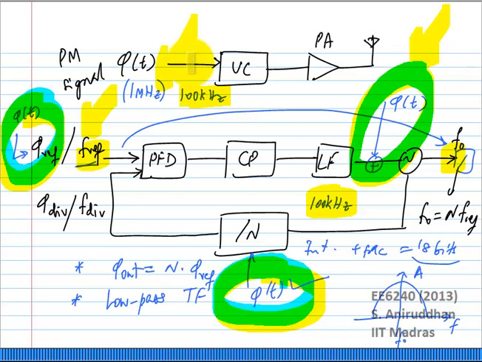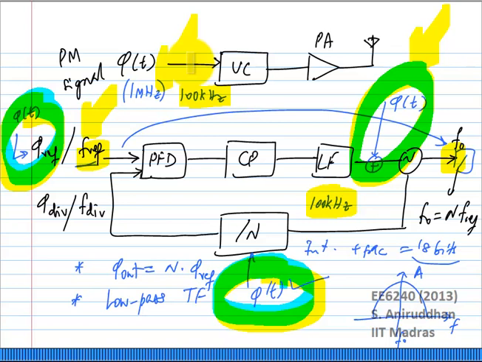Obviously, people have realized that sending data only in the phase of the signal is not good enough. You are really wasting the amplitude of the signal. Spectrum is actually very, very precious. You can't just waste spectrum by transmitting only in the phase. If you transmit in the amplitude, you burn a little bit more power, but overall the efficiency of the system becomes much, much better. Okay? So, most of today's signals